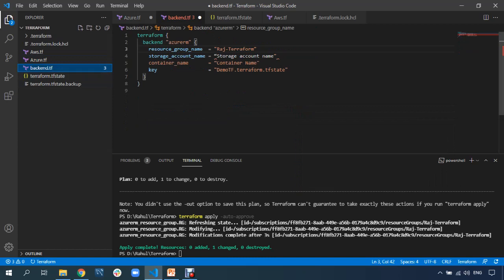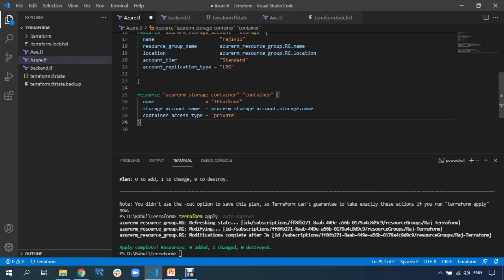And in the backend I'll put the container name here. Great. Now we have this typo here. Great. So storage account name is Raj1411.